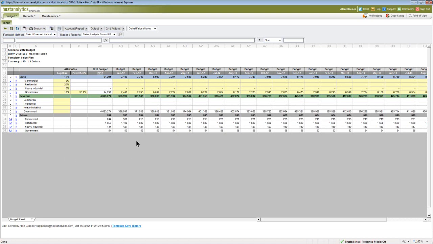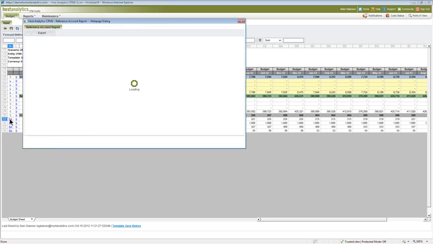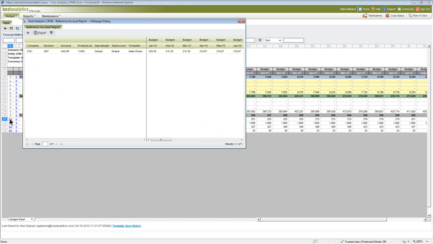So in this case, you can see Alan has all of the yellow fields where he is going to input what his units are. And we've got it set up to be able to pull prices from another spreadsheet. In essence, we have linked it. So here, over on the very left, I have a column that defines the type of line. So I'm going to click on this RA, which means reference account, and it's telling me where my sales prices are coming from, and here's what they are month to month. And that is controlled, in this case, by another department.